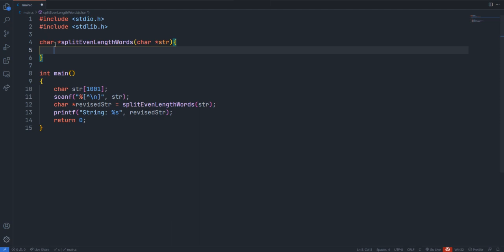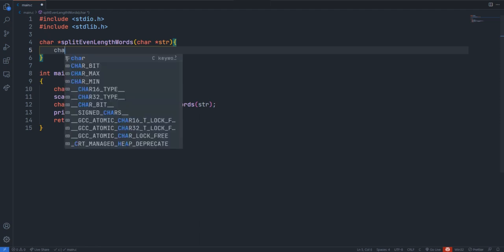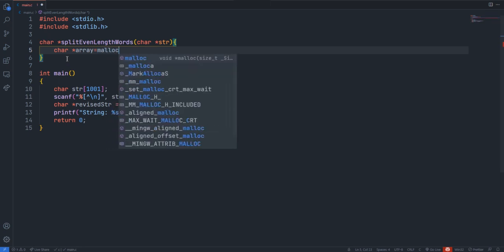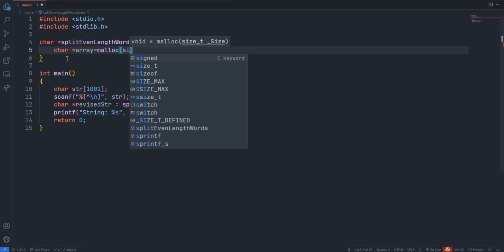For that I'm going to create a character array pointer. So this is a character pointer, right? We can't create something like this directly. We can, but we have to modify this with arrays, memory and pointers. That's a lot of cringy things. So I'm going to use the one which they have followed: char star array equal to malloc of size